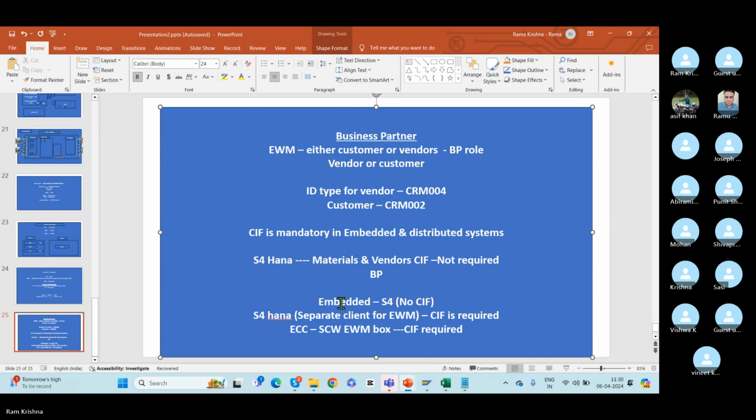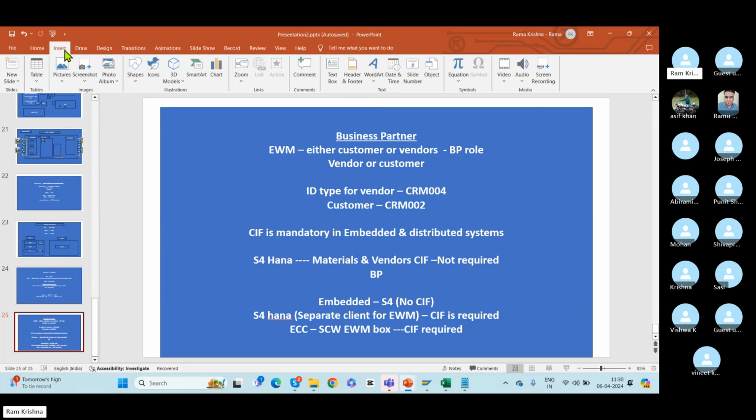Clear? Yes. So we are good up to here. Now I'll take 10 more minutes, if you don't mind. Ram, embedded